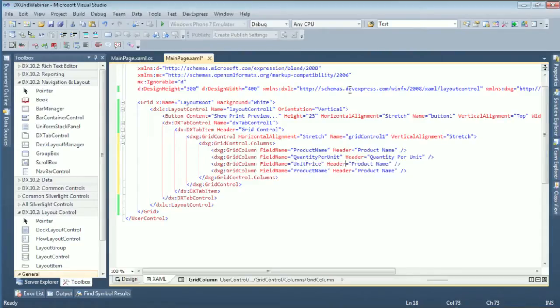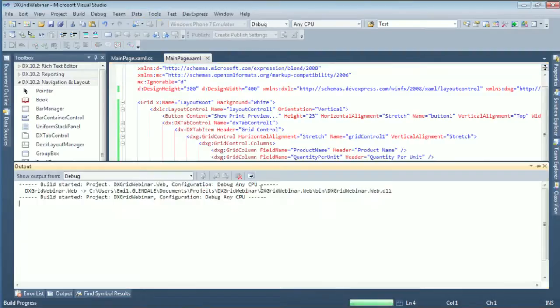So, price, and last one, units in stock. Now these last 2 columns are what we're going to use for the unbound columns expression tool. There we go. So these are all bound columns. So if I were to just go ahead and run this right now, you'll see that the